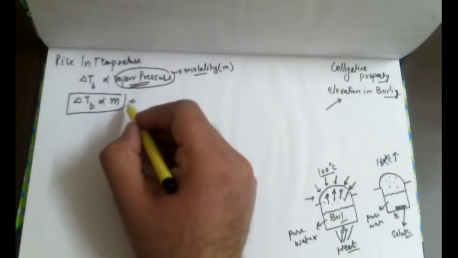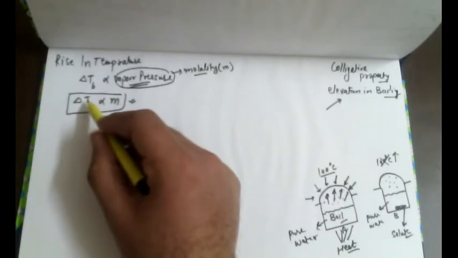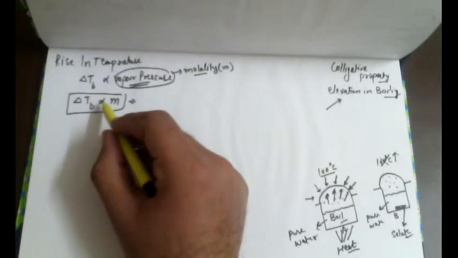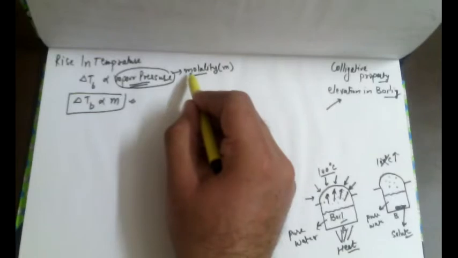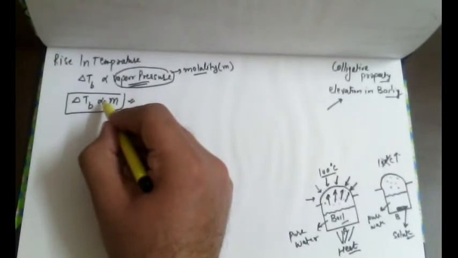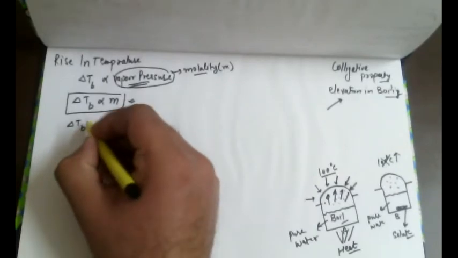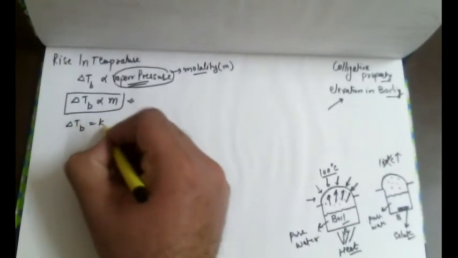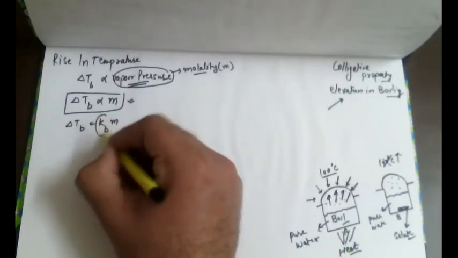So, repeating again: the rise in the temperature, T2 minus T1, 105 minus 100 degrees, is directly proportional to the decrease in vapor pressure. The vapor pressure depends completely upon the molality. What is molality? The amount of solute added. So to remove this direct proportionality, we need to add some constant. We will add Kb, where B is for boiling and K is some constant.